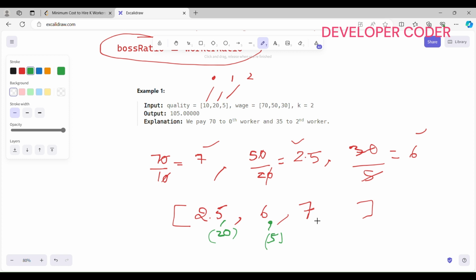Okay, for this worker, the worker ratio is 7. What is the quality here? 7. What is the quality here? 10. Right. So see, one thing is clear: when I select this 50 by 20 as boss, then in that case I am not going to form a group with 6 and 7,